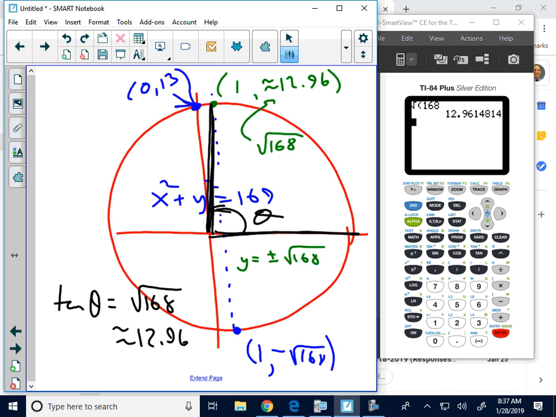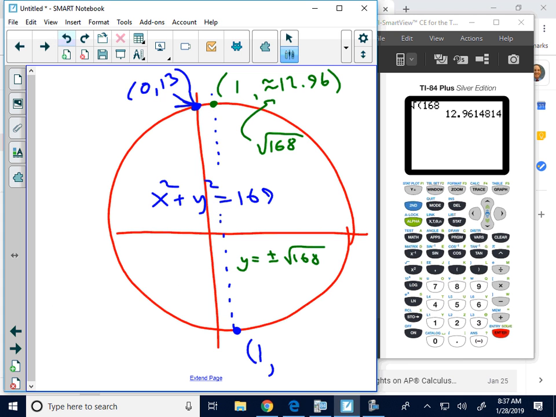But let's go all the way to the top of the circle. Let's consider what happens if we go straight up. So now theta is exactly 90 degrees, or pi over 2. And I ask, what's the tangent of theta? You would say,